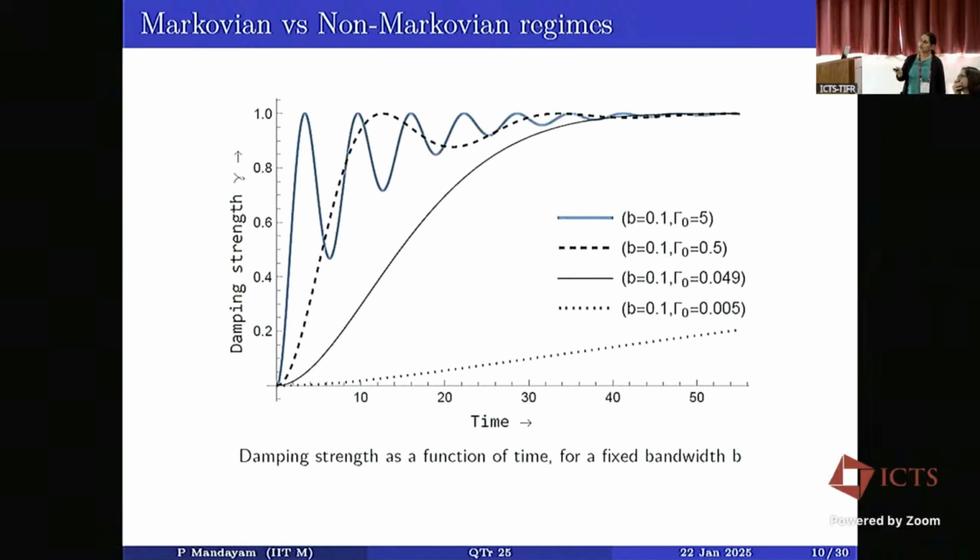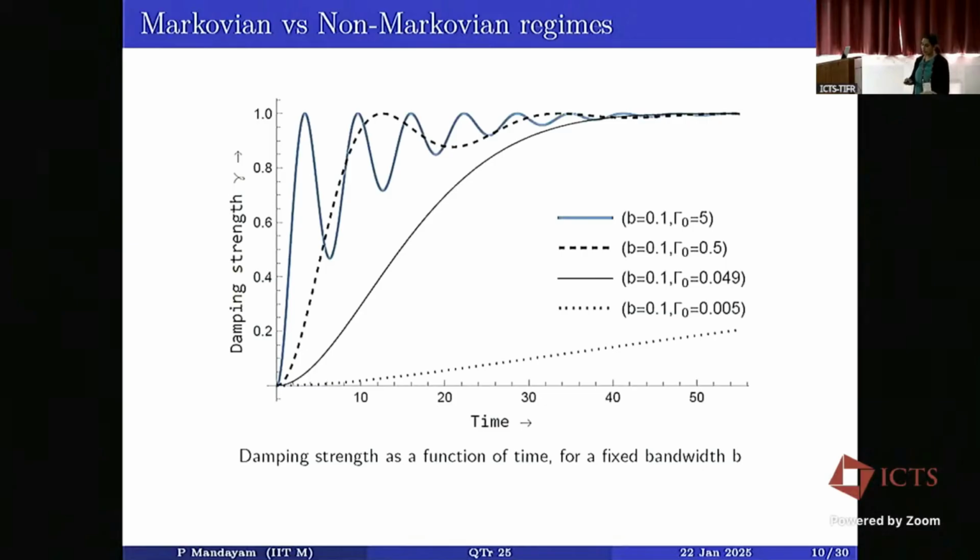And so you see that there's a dramatic difference. I have fixed the spectral bandwidth here to 0.1, and the interaction strength is slowly dialed up from something very small to something very large. And indeed, there is a crossover point at which this damping strength, which had this exponential behavior, starts oscillating. And then if you're deep into this non-Markovian regime,